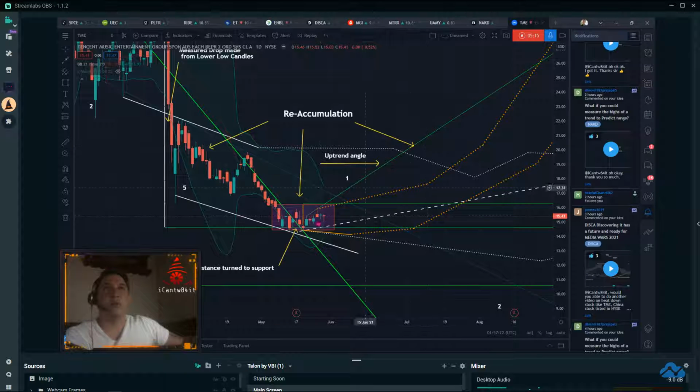So again, that's the uptrend angle. That's the down right there. It's saying that this is the bottom here. This is the resistance turned into support. It's already done the spring. This is the spring right here, the final dip into liquidity. So it should be going up for a new high. Now, it did come down pretty far. But as a new high, it's going to be going for a new high past this,